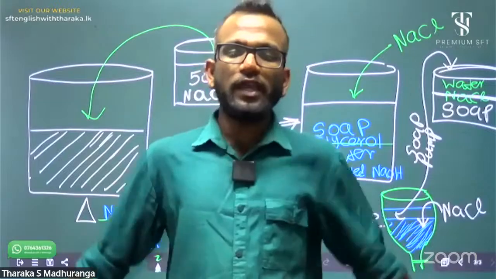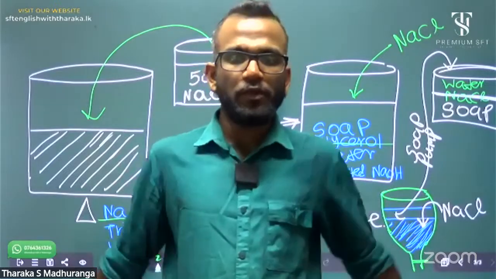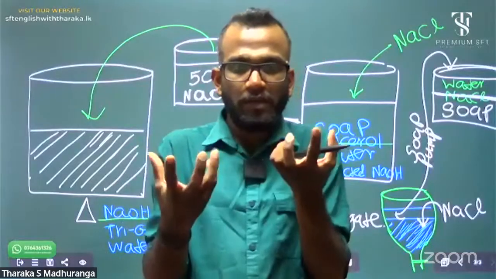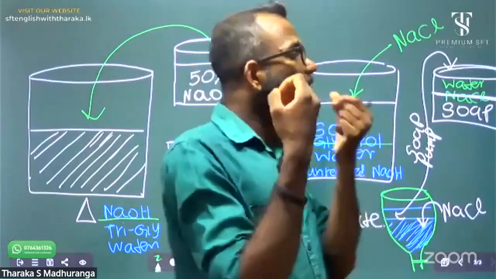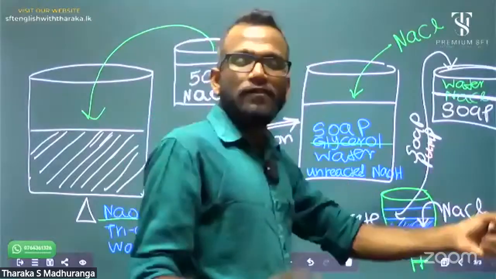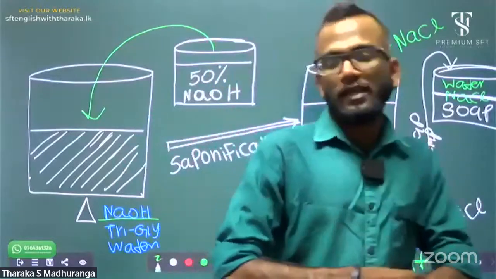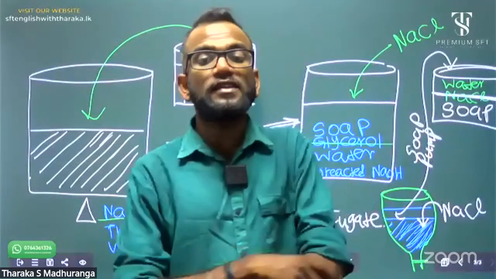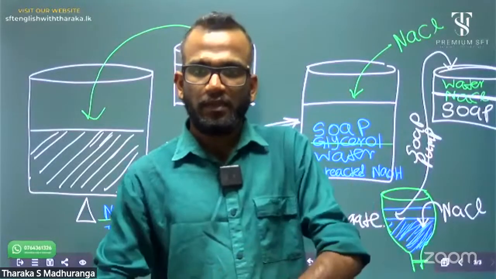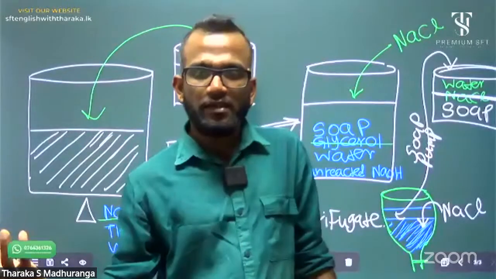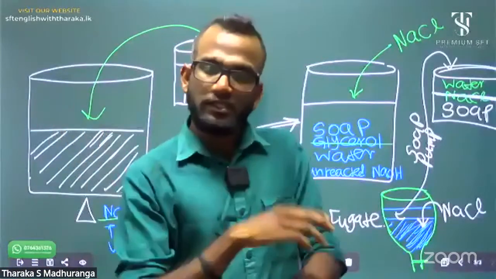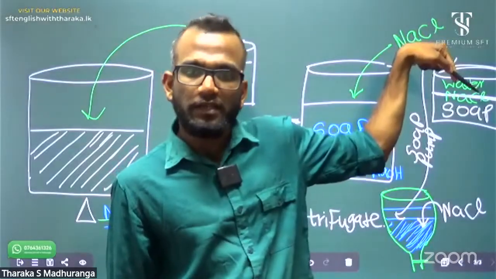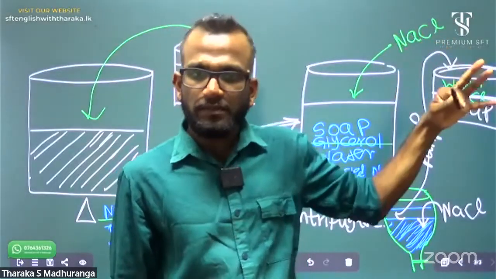Then how can we remove sodium chloride? I told you sodium chloride is a highly basic compound. Therefore, to remove the unreacted part, we have to do a neutralizing process. Neutralizing means we need an acid. Normally we add citric acid, which contains acid, to the neutralizing process. Are you clear?